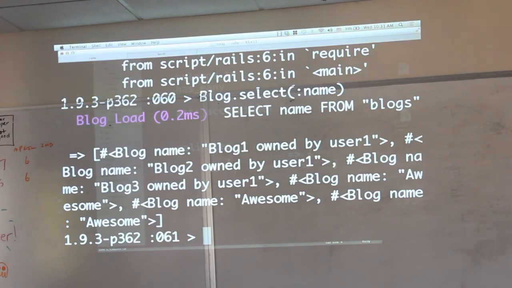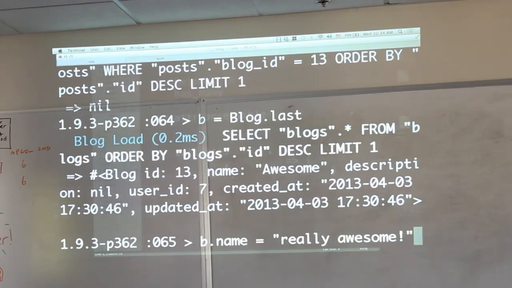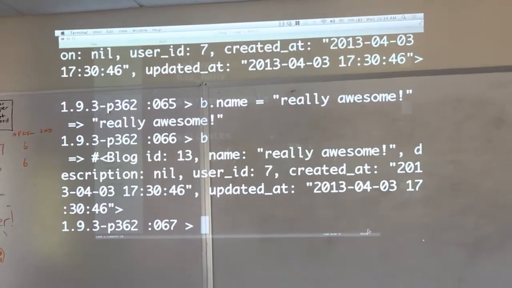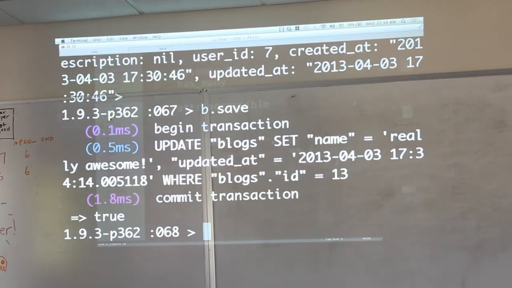Okay, so get me all of the blogs owned by the last user. What would I do? User.last.blogs. That's it, just blogs. Okay, gives me all of those. Okay, and then now if I do b, it's already updated, right? But I need to save it to the database. So I do b.save. Okay? And then